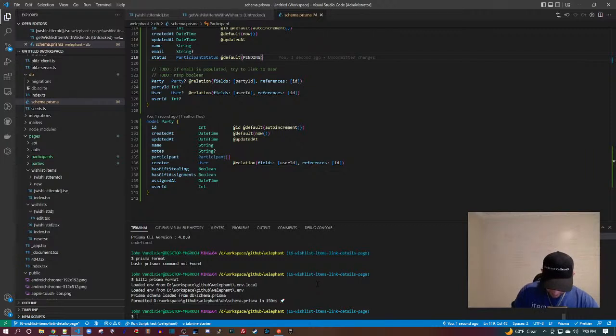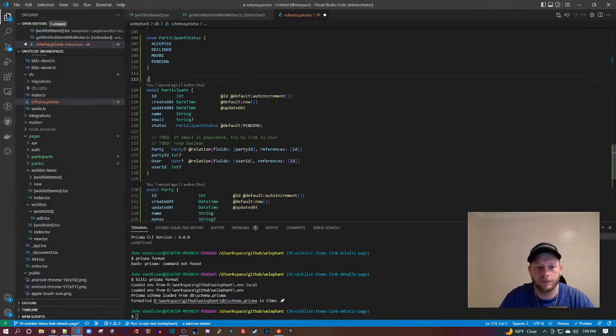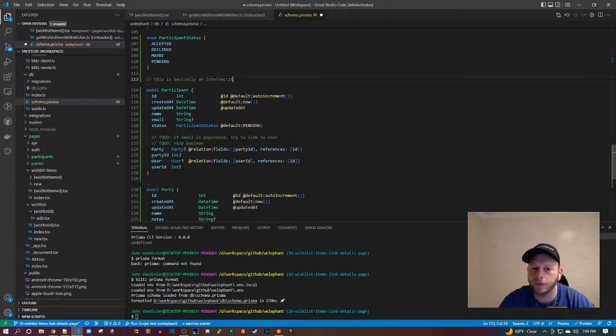Why are you adding the participant relations to the user instead of party? Well, it should be both, right? So basically, this is an intersection entity for user and party.